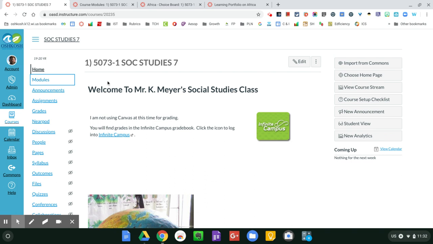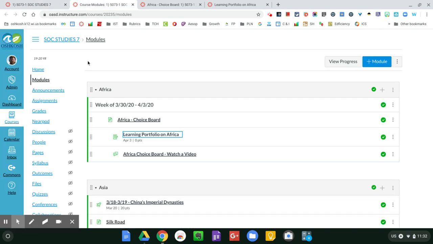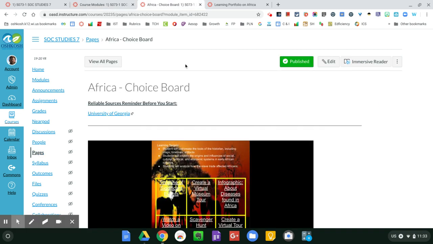So when you log into your Canvas and you click on Social Studies, you should come here. Mine's going to look a little different because I'm in the teacher view, but that's okay. What you want to do is click on modules. It's going to bring you here and you're going to see Africa. And here it says the week of 3/30. So that's this week. And when you click here, this is really what your learning is going to be focused